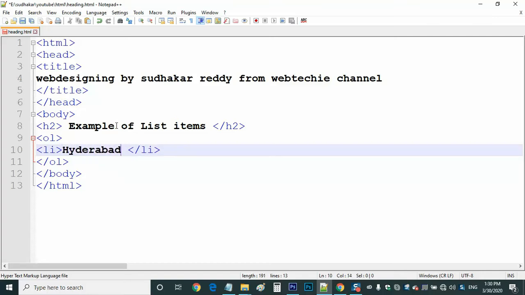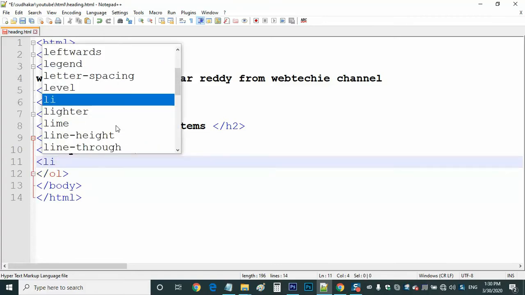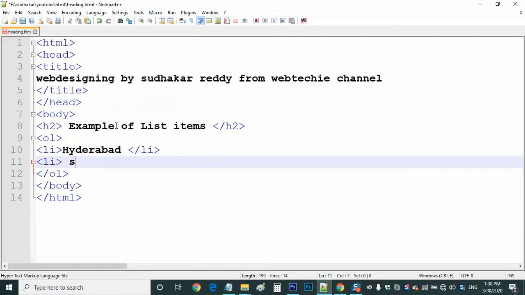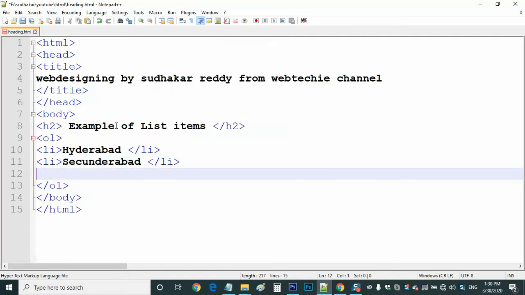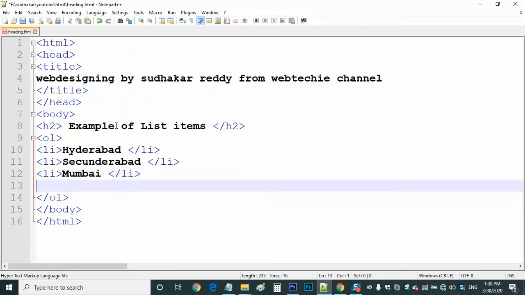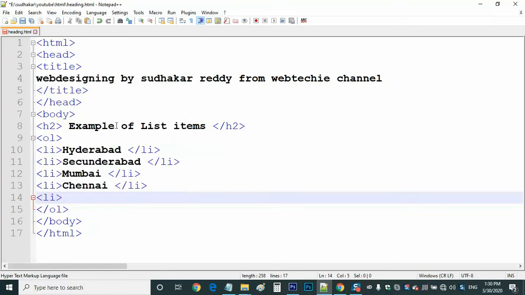I'm writing the city names, and I want to write one more here, LI, and let me write one more here, like that. And finally one more city name I'll include here, Bangalore.